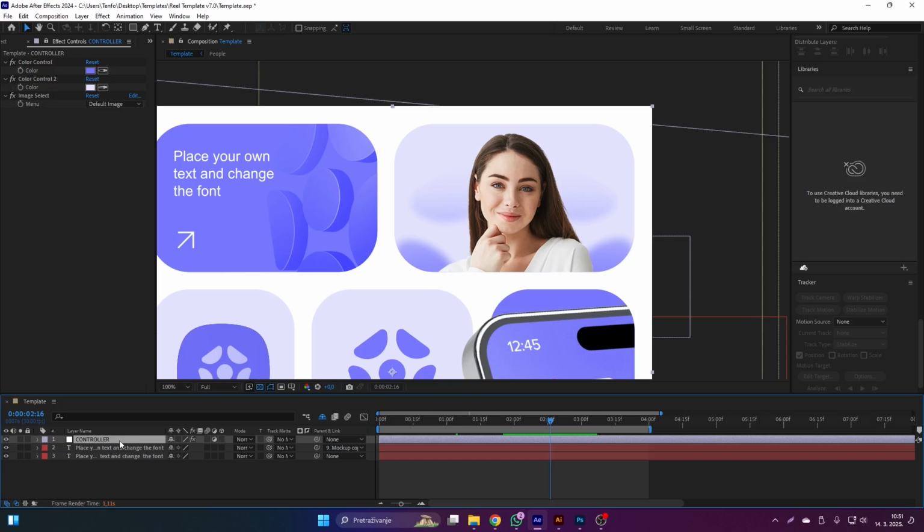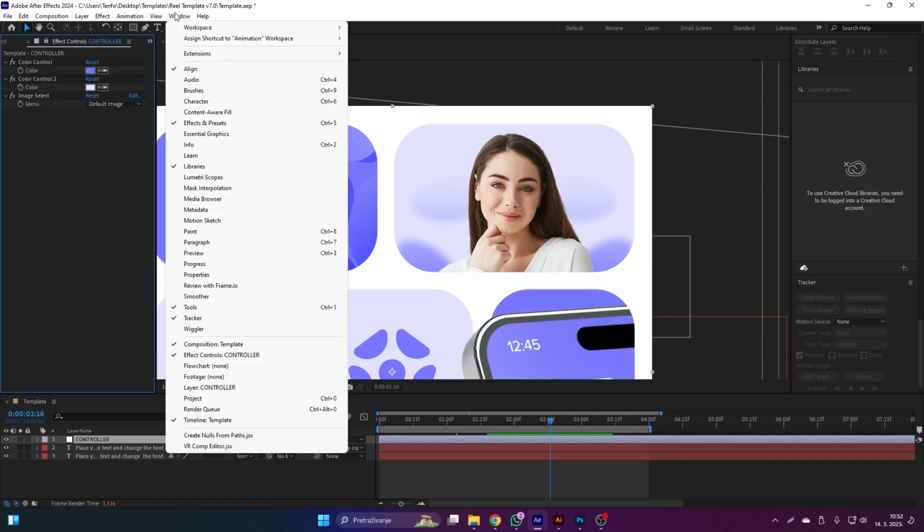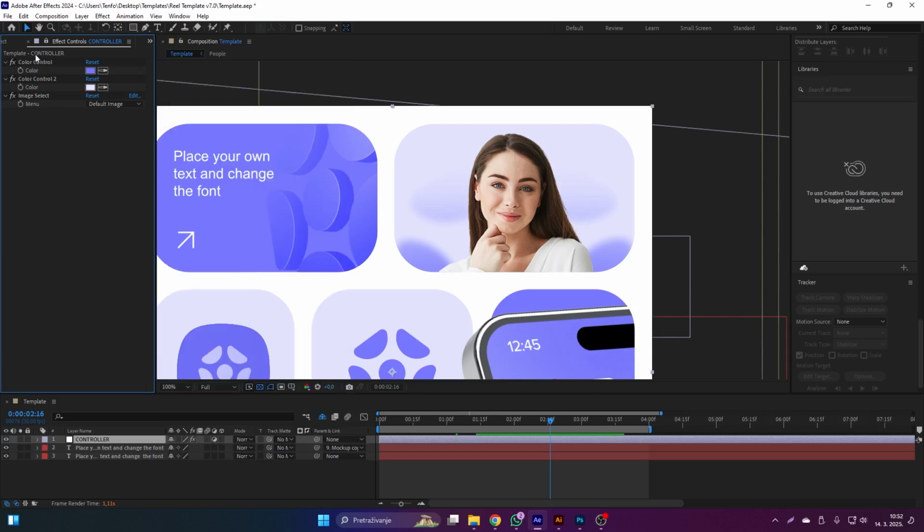So after you click the controller, you open up the effects controls. If you don't have the effects controls open, go to view, window, and make sure the effect control is selected. And from this panel you basically control everything. So this is the image select for this image. As you can see right now on the drop down menu, it's selected as the default image. So if you want to place your own custom image, just select the